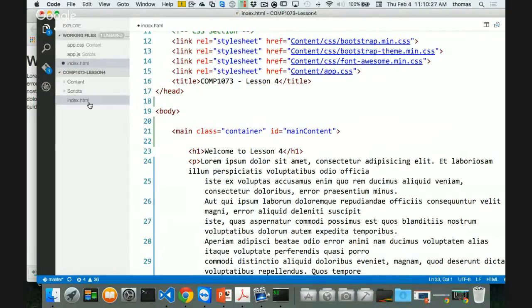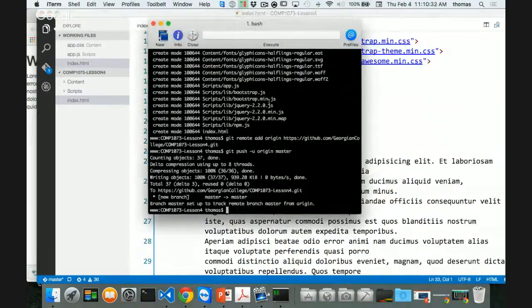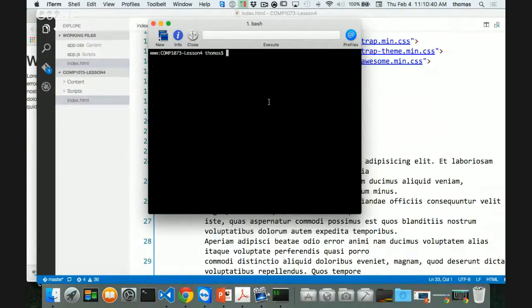So I'm gonna save everything, and I'm gonna go into my command line. I'm gonna clear it. The command to clear the screen is clear for Mac, Unix, or Linux, and CLS for Windows machines, right? And in here I'm gonna say git add dot to add everything again. Git commit. This is my second commit, right? -m, and I'll say added container class